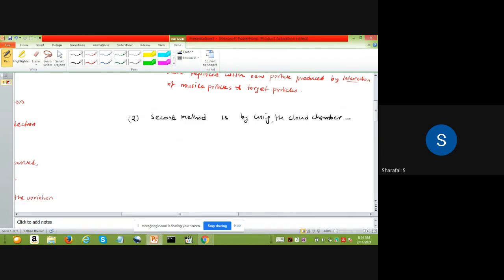So we have to use this cloud chamber. So sending a beam of pions of a certain energy into a cloud chamber. In this particular example, sending